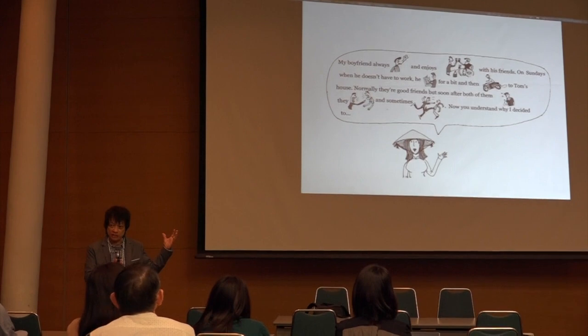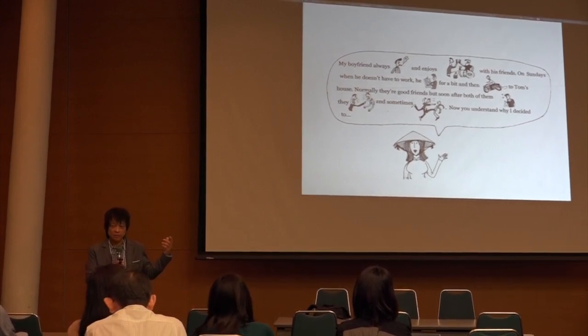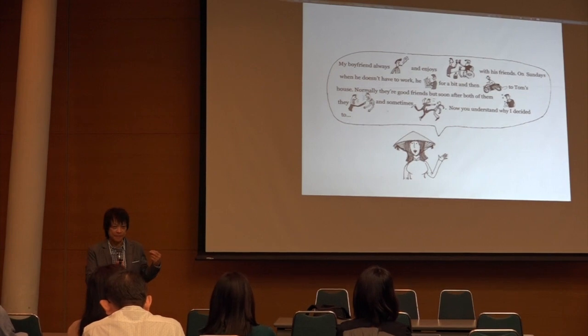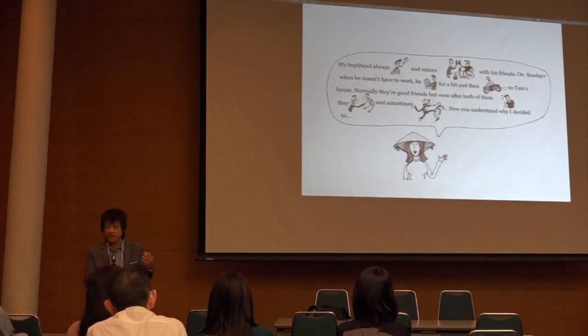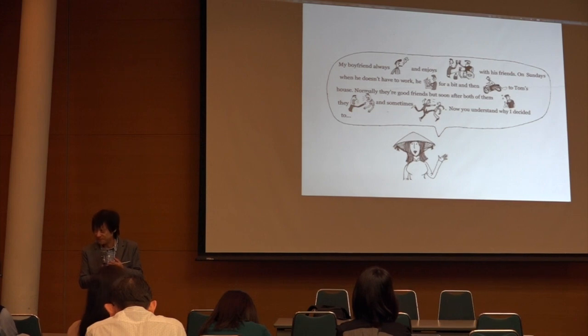Suppose this is the introduction. This is a story of someone who is not happy with her boyfriend. For example, you can speak from the boy's perspective. Now your student will draw the picture of a boy talking about the girl. Can we improvise this together just for the fun of it? My girlfriend always, what could be a bad habit of a girlfriend? Nag. Like a wine, nag.